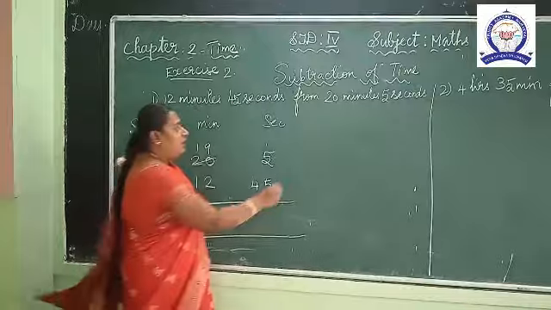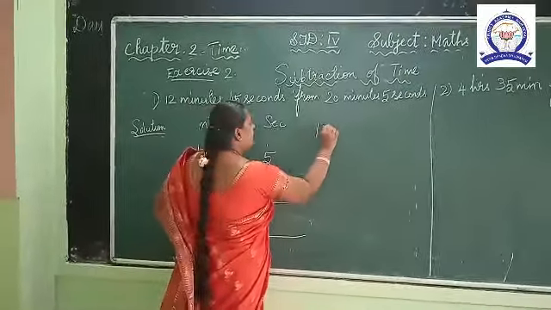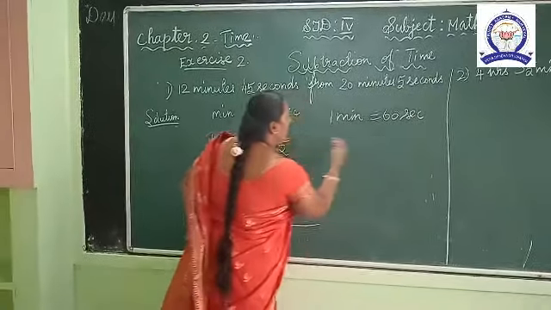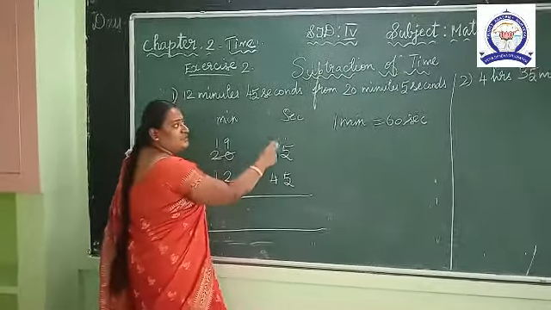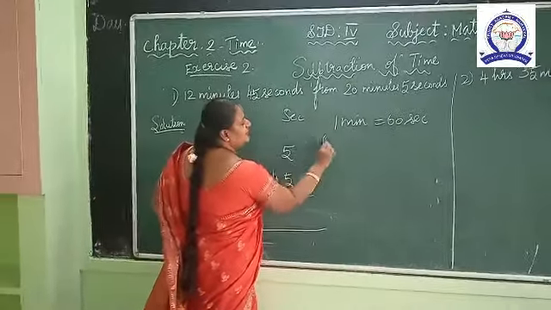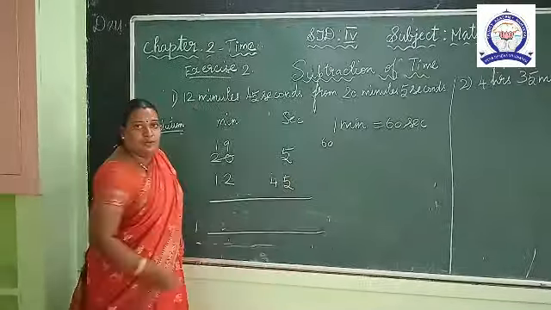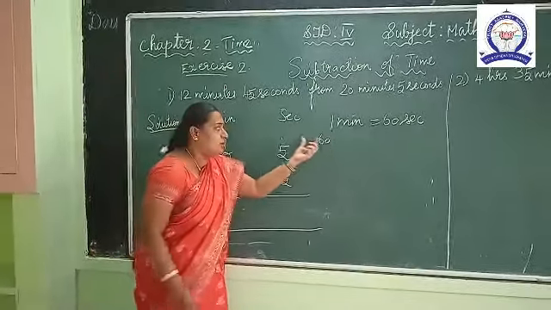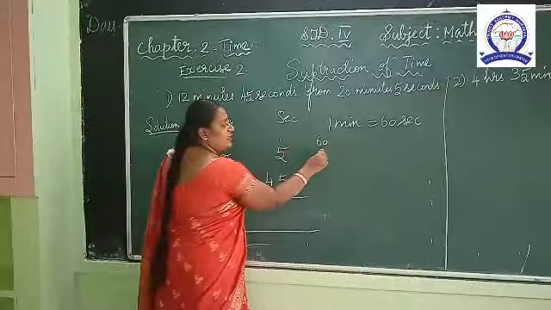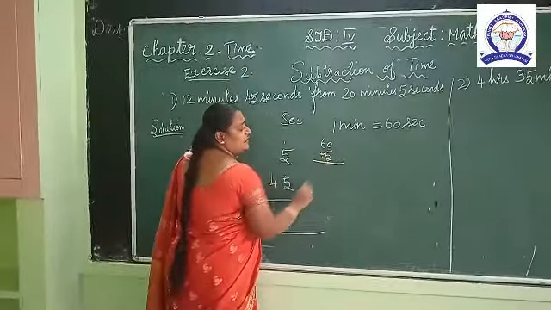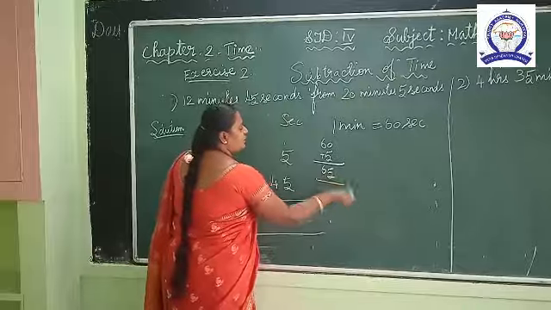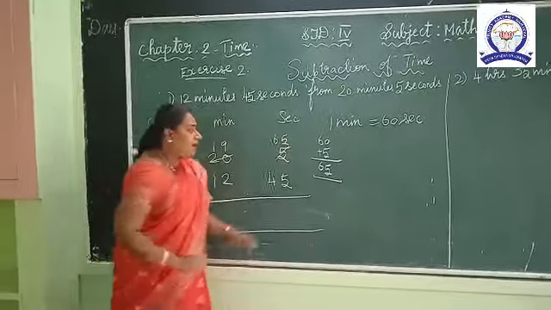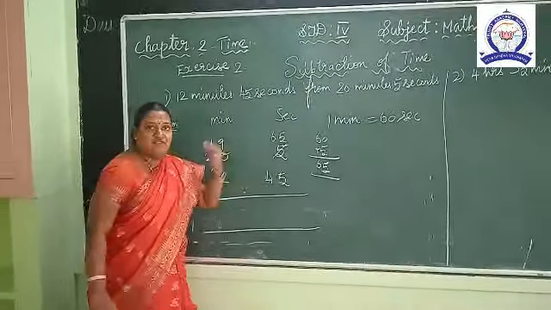So we all know 1 minute is equal to 60 seconds. So when we borrow 1 minute, in seconds it becomes 60 seconds. So we have borrowed 60 seconds. When we write 1 minute in seconds, it becomes 60 seconds. So already 5 is there. We add 60 to 5 first. So 60 plus 5 is 65. So you strike out 5 and write 65. Now you subtract 65 minus 45.